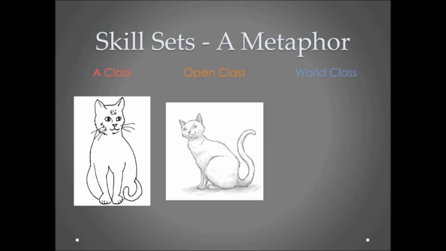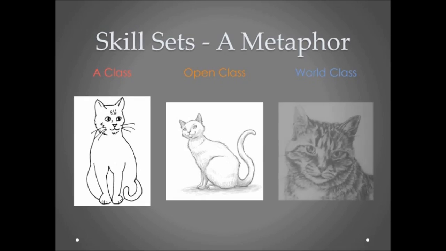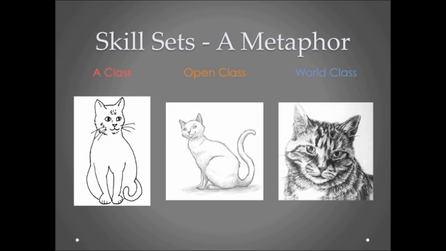All right, now, our next cat is going to be World Class Cat, and here is World Class Cat. And this is drawn by an advanced art student that has all sorts of skills and abilities at their disposal. I want to remind you here with World Class Cat that it's still just a piece of paper and a pencil. That's the only tools that are being allowed to use. But this advanced person has been able to take these tools that everybody else has had access to and really do some advanced things with it.